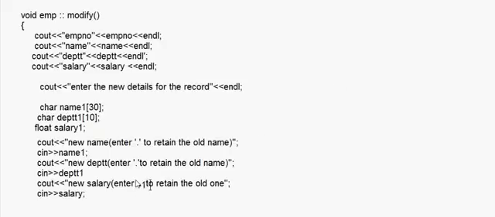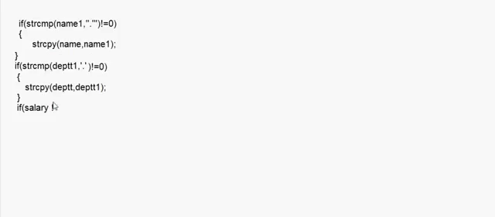So we put it as -1. Okay, enter -1 to retain the old one. So here I'll write if salary not equal to -1, that means a new salary has been entered. In that case I say salary is equal to salary1.